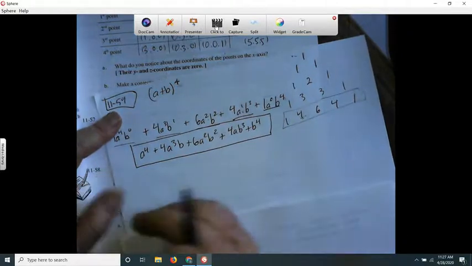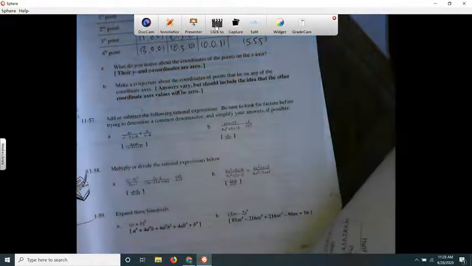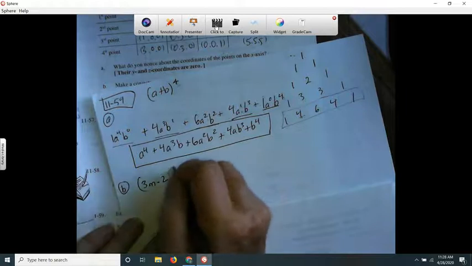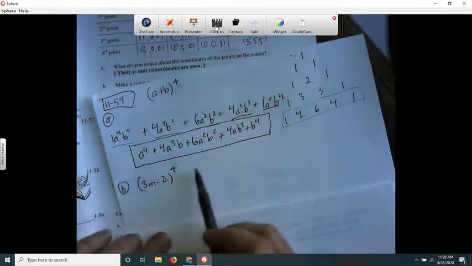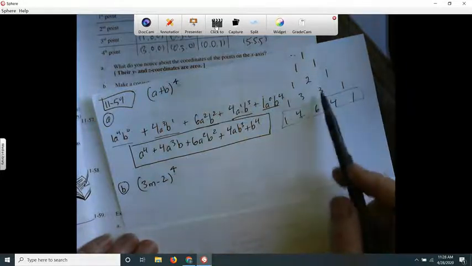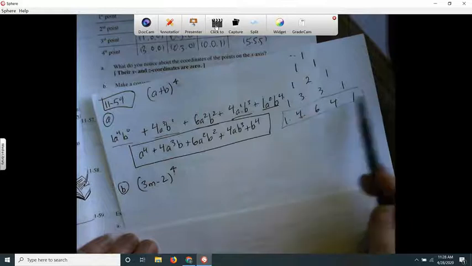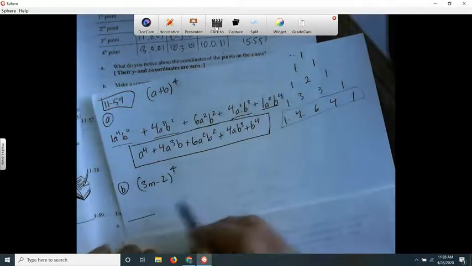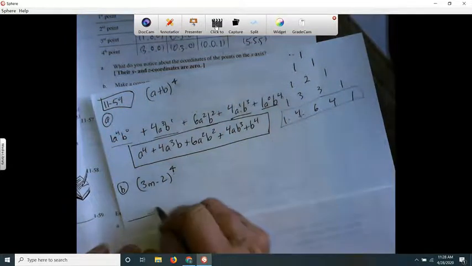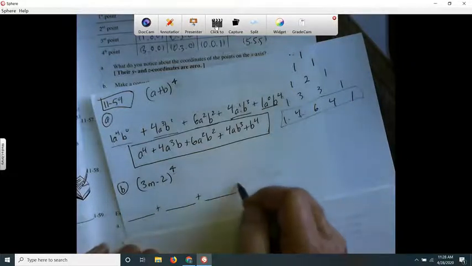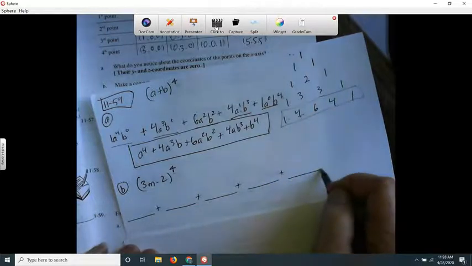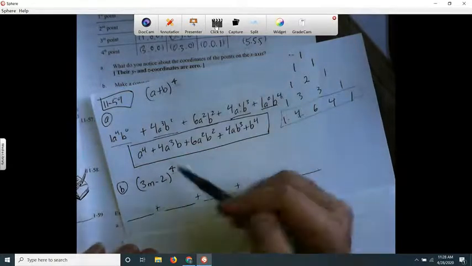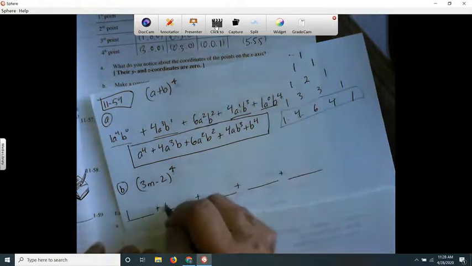Now, for letter B, it's (3m minus 2) to the fourth. So I see that it's raised to the fourth power again, so I can still use my Pascal's triangle, and I can use these coefficients. I guess I'll just do it the same way. I'm going to have 1, 2, 3, 4, 5 terms. You don't have to do it this way if you don't want, but that's how I do it. Actually, I'm going to go ahead and put my numbers in: 1, 4, 6,